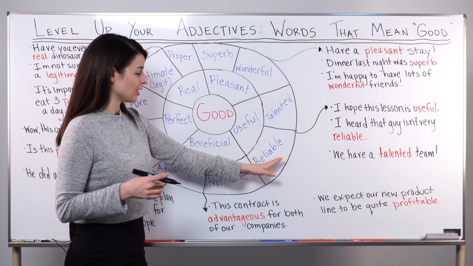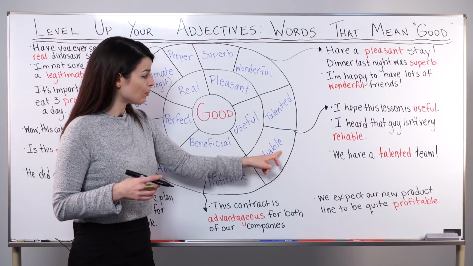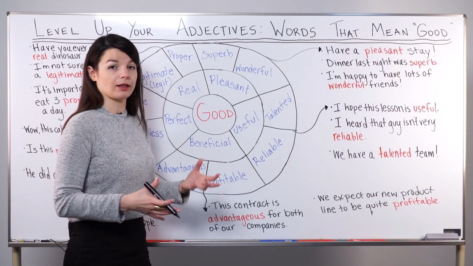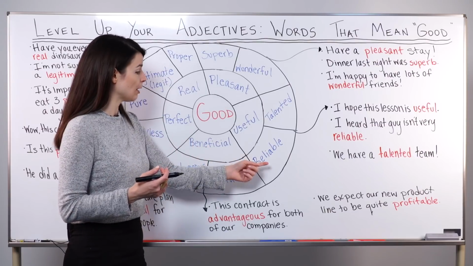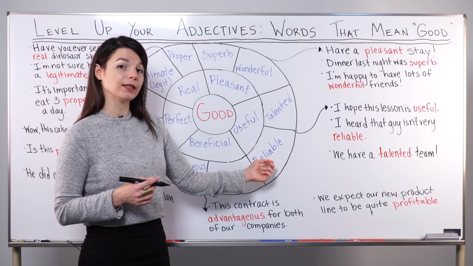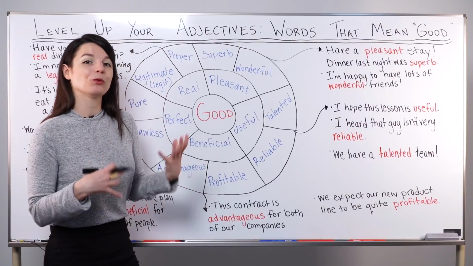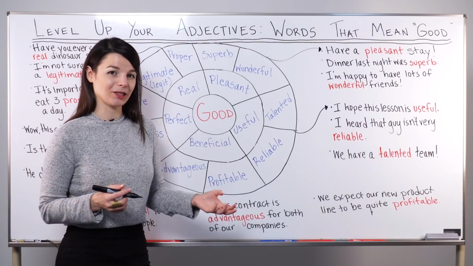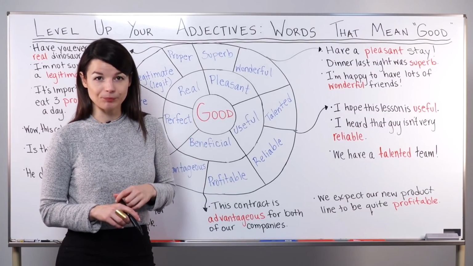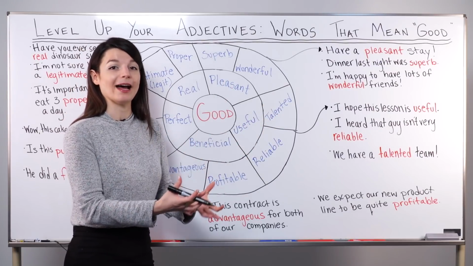Finally, in this section, the word reliable. So here we see this able, or the pronunciation in this case is able, meaning able to do something, like it's possible to do something. And the base here, the spelling is a bit different, but the base here is rely, like the verb to rely. So someone who it is possible to rely on, or we can trust that person. We do not say trustable, we say reliable, or we could say trustworthy if you want. But reliable, so someone or something we can rely on.